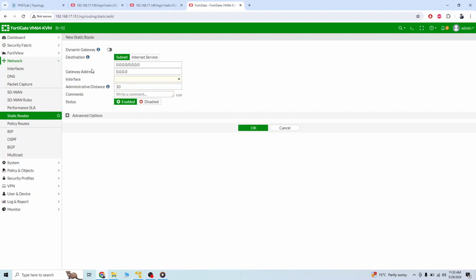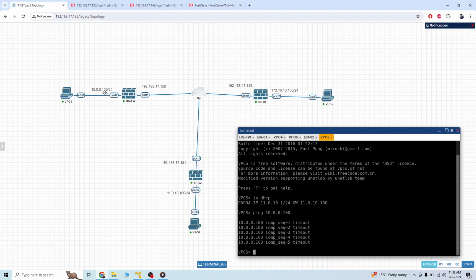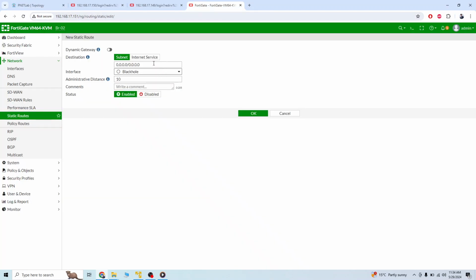Okay, let's configure one more, like a black hole. Suppose this tunnel is down and it is sending traffic here, so excessive load will come up on the firewall. So what it will do, if it sees the tunnel is down, it will automatically drop the traffic which is going to the 10 network. So for that we have to configure any traffic